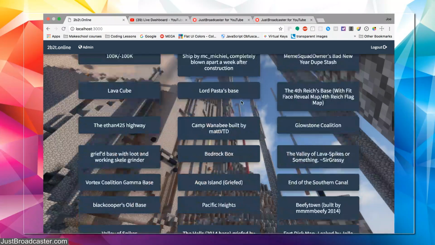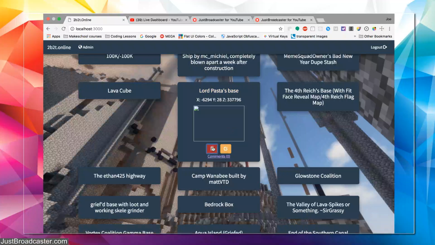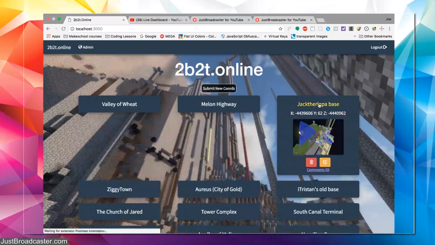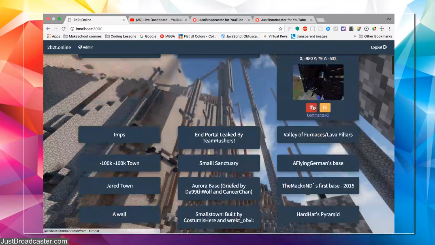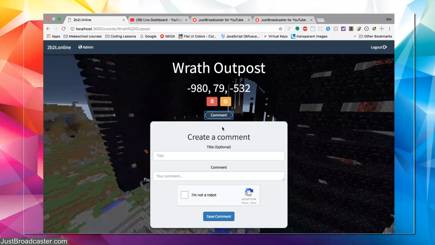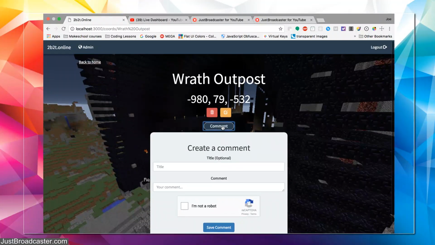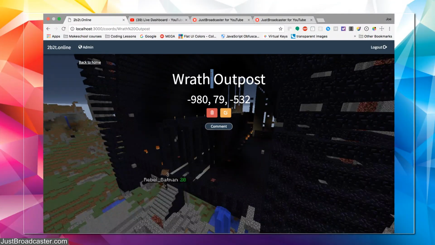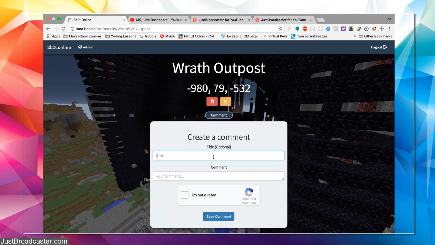I've now made it so that you don't see the full pictures of everything while you're there; you have to click it. If I click on the image, I can now take a look at its actual page. I don't believe we had this last time, so this is now a thing. We're going to be redesigning this today, and we're also going to be making sure that when we comment on these, those comments are